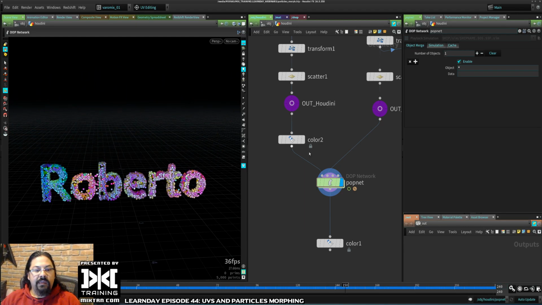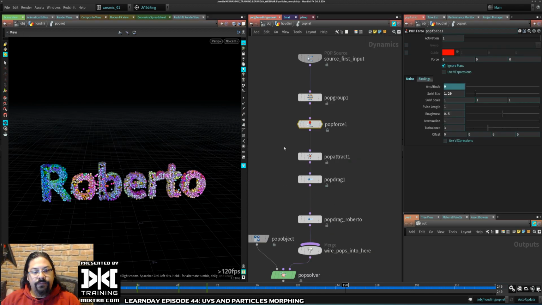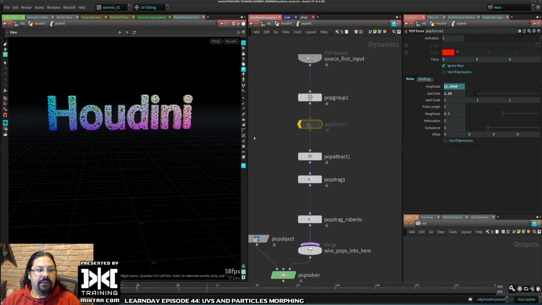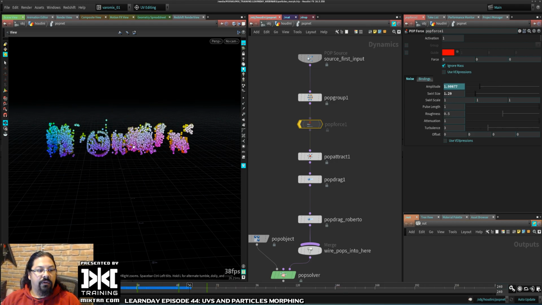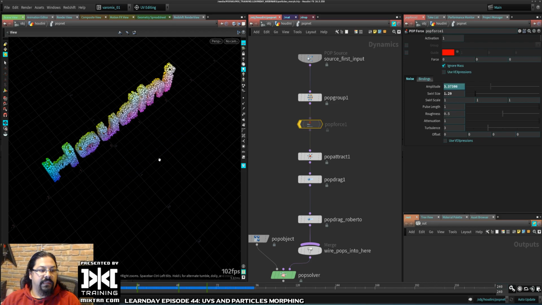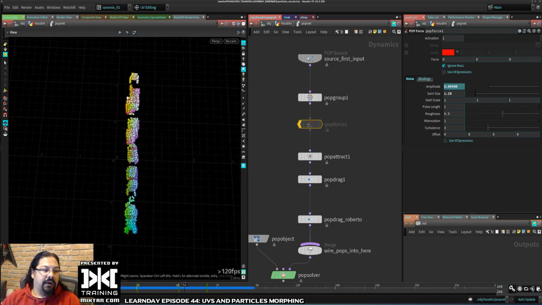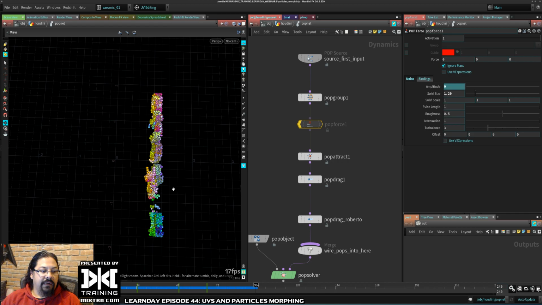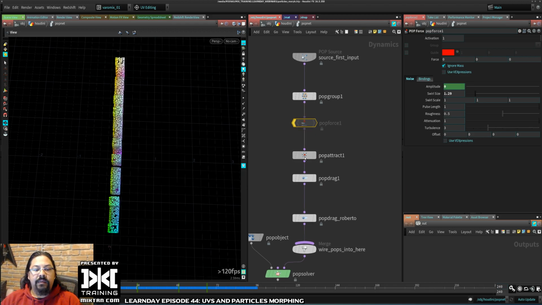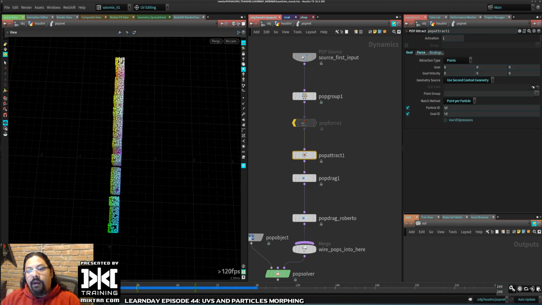But yeah, if you want the particles to go, like you can see here, if we disable this guy, you can see the particles are kind of crossing, like some of the points here are going all the way to this area. If you want to direct the particles where they need to go, you can actually do that, because the pop attract, their goal is the ID attribute here, and if there's no ID attribute, it's gonna use the